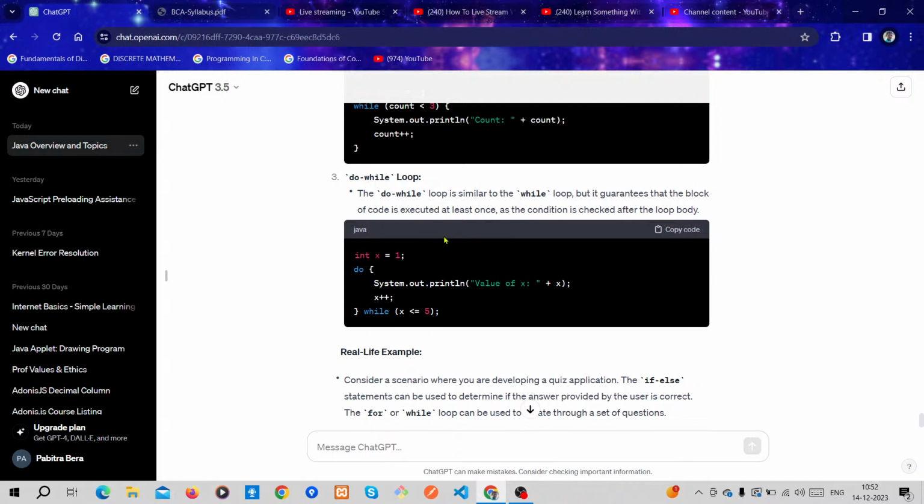Then the do while loop. The do while loop is similar to the while loop, but it guarantees that the block of code is executed at least once, because the condition is checked after the loop body.